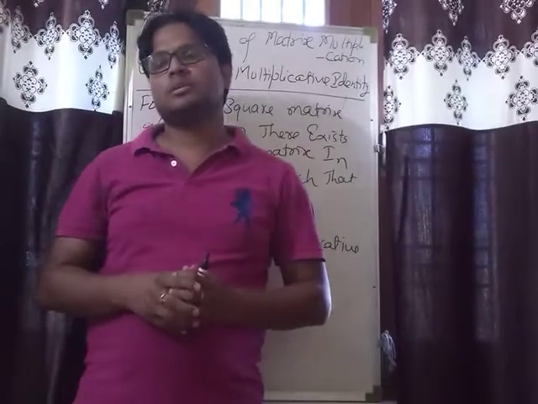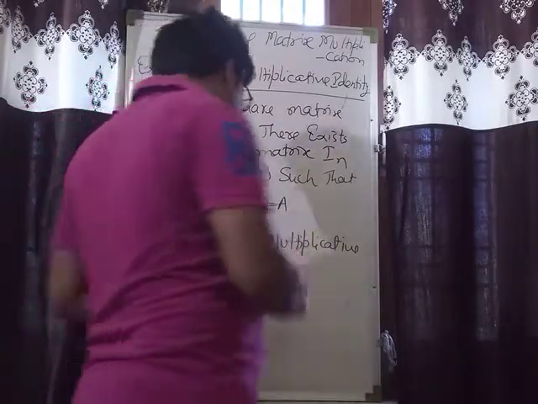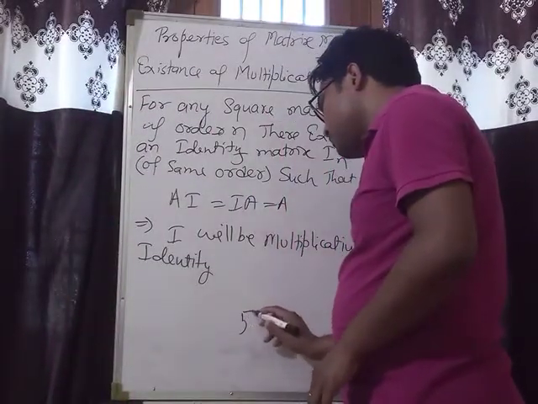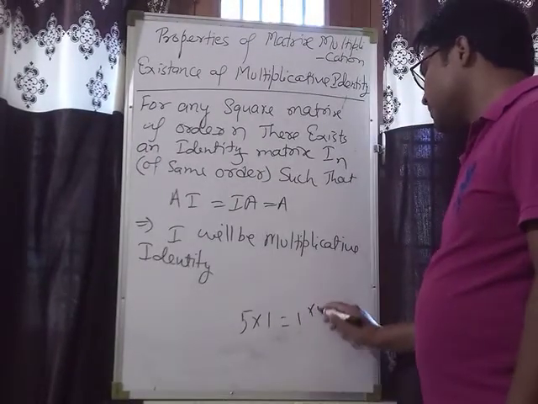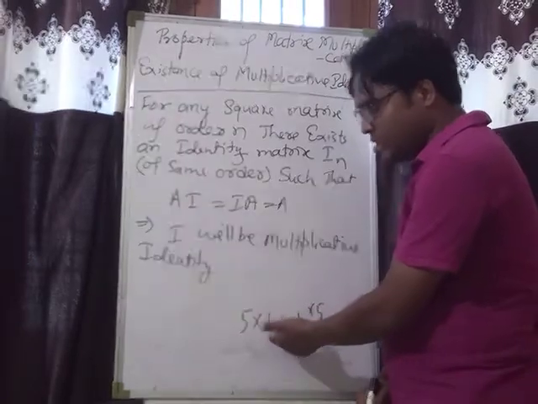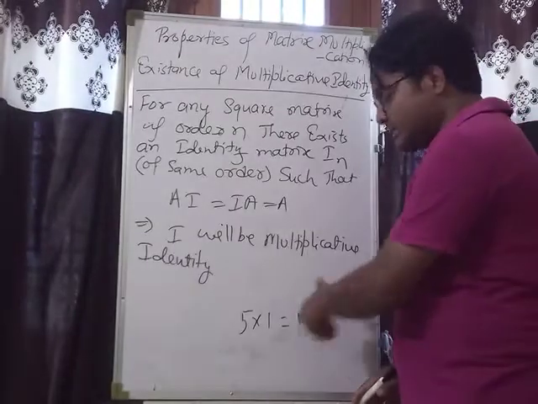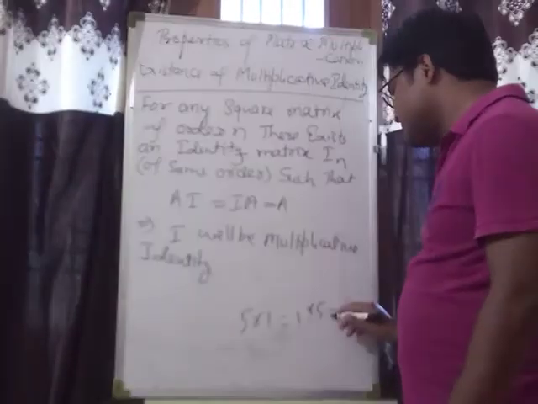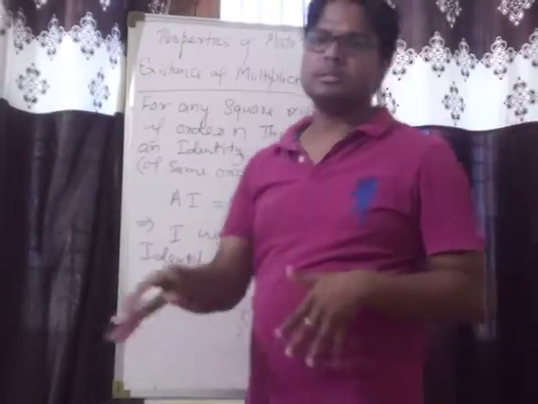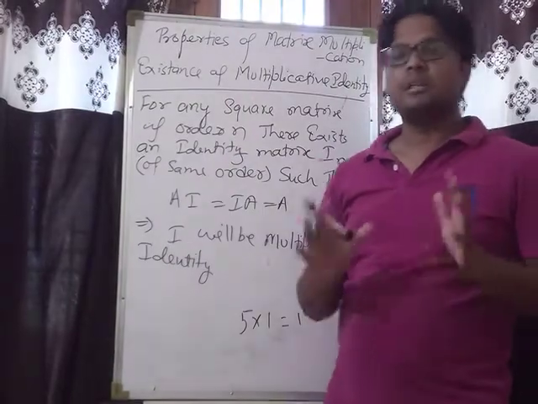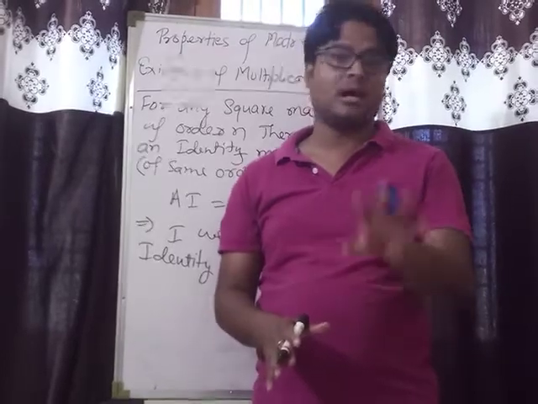On the numbers, what is the multiplicative identity? That is 1. Why? Because if we take any number, any real number, suppose 5, so when we multiply 5 with 1, that is 1 into 5. Here, this 1 is right identity because it is put on the right side, and 1 is left identity here, and both are equal to 5. That's why in junior classes, in the previous classes, you have learned that 1 is multiplicative identity and 0 is additive identity on the real numbers.